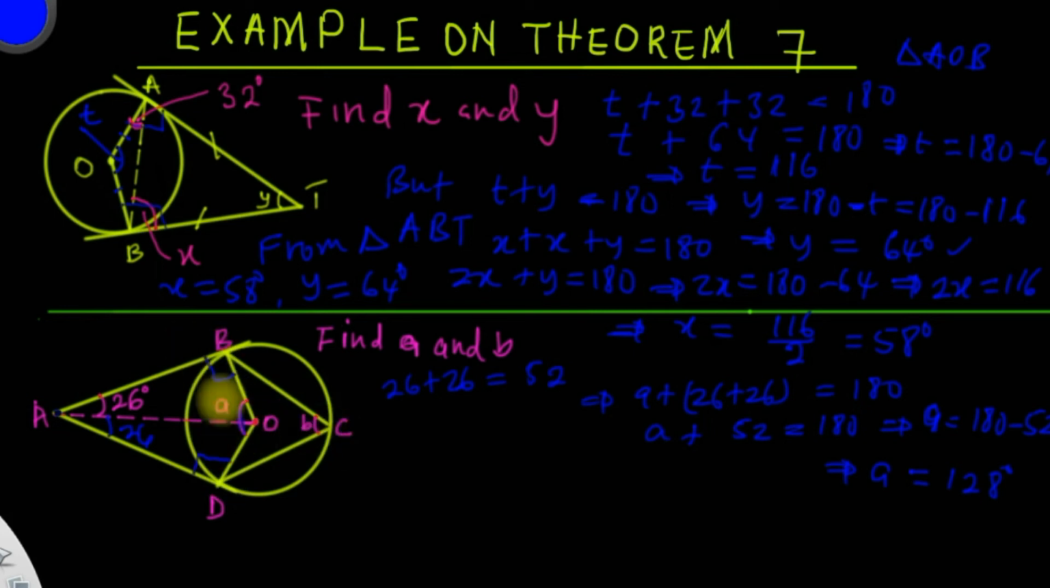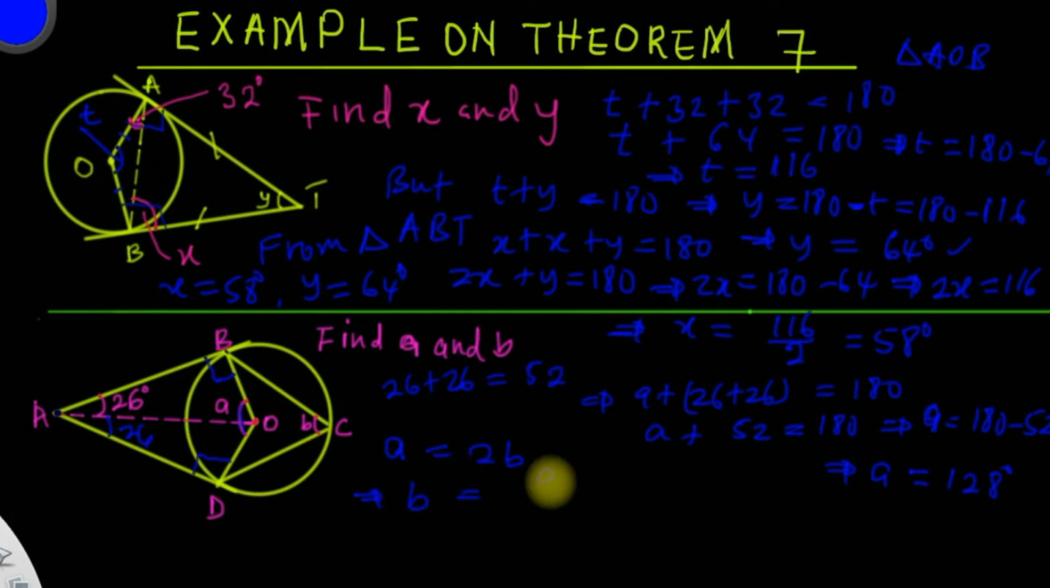So look at this arc BD. This arc BD is forming this angle A at the center, and the same arc BD is forming this angle B on the circumference. So from the first theorem, the angle formed by arc BD at the center, which is A, is equal to 2 times the angle on the circumference, which is 2B. Now we are looking for B, and we know that A is 128. This implies that B will be equal to